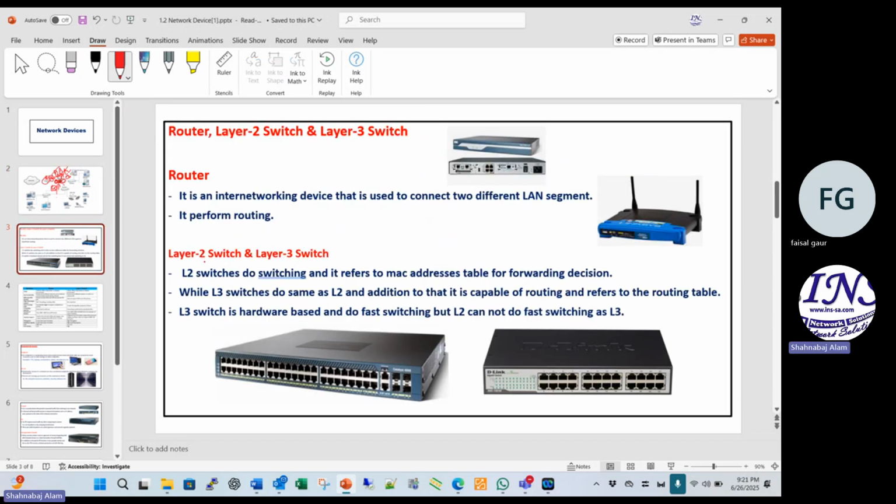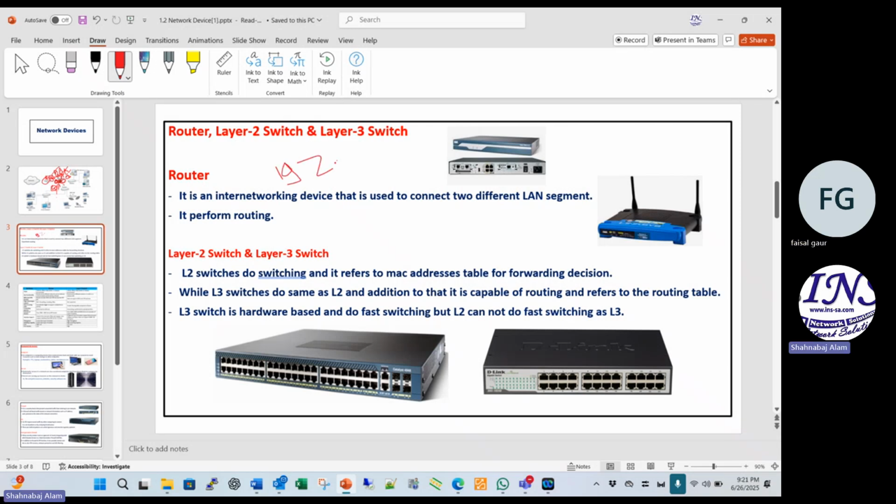Now we are talking about routers, layer 2 switch and layer 3 switch. A router. What is the router? What do you understand about the router? A router is an internetworking device that is used to connect two different LAN segments, meaning two different networks. Suppose one network, I have a